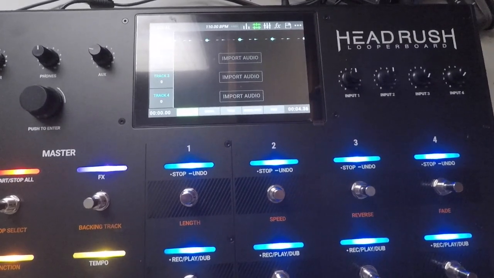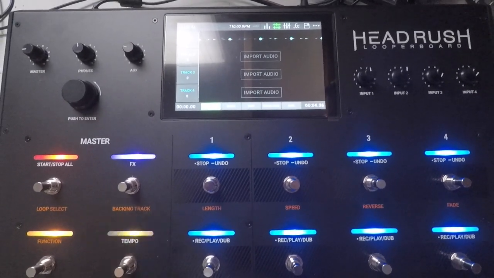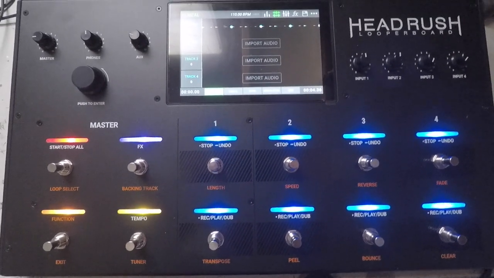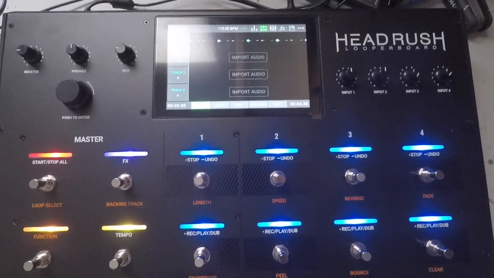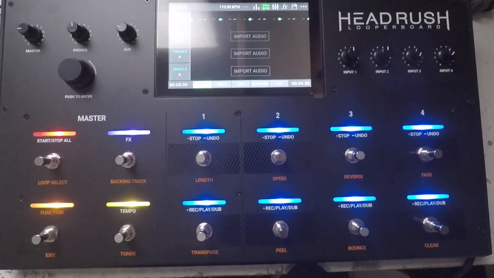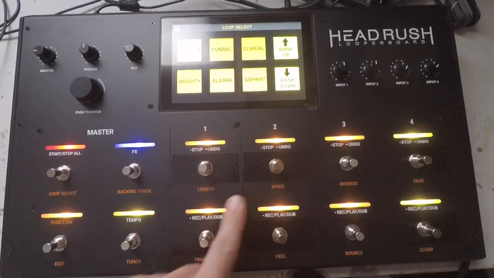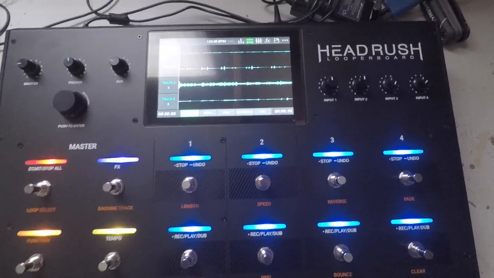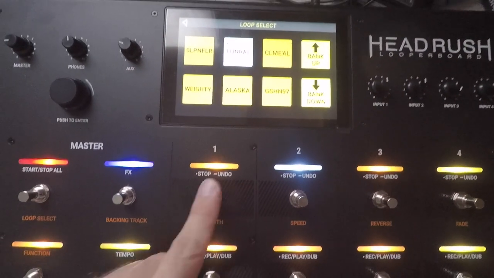So those were just 2 suggestions that I had, because on the Boss RC300, I had a separate pedal hooked up where 1 click on the pedal was a scroll up to the next song, and it was great. It was very thoughtless. I just knew that that was what was going to happen. It took me very quickly to the next song, and it was easy and thoughtless, and I loved it. So, you know, to be able to go in here, 1, 2, pick the song, 3, and back, 4, you know, seems excessive. And as we talk about loop select, again, I know that this is the layout